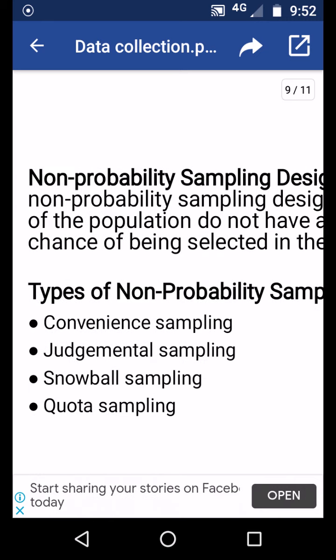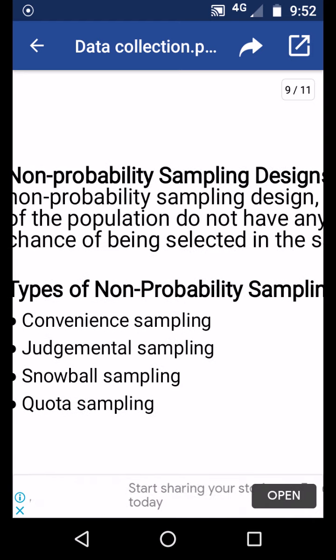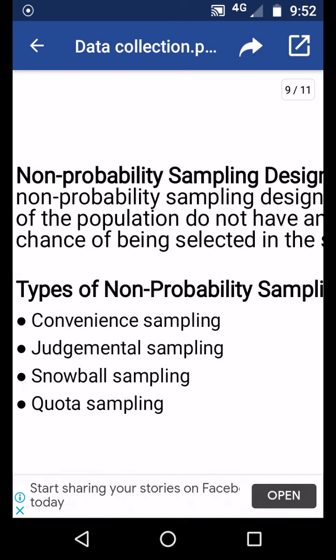Then non-probability sampling, where there is no known chance of selection of each and every element in the sample. Okay. Convenience sampling, for example, you are doing research in Mangalore and you are selecting some people whom you know or which is convenient to you. Okay. Judgmental sampling is where the researcher uses judgment in selection of sample. Snowball sampling is like, now you do not have much idea about the sample, you go to one sample and collect the data, then that sample will give information about another sample, you collect data from him, and that another sample will give information of one more sample. So, this is snowball sampling.